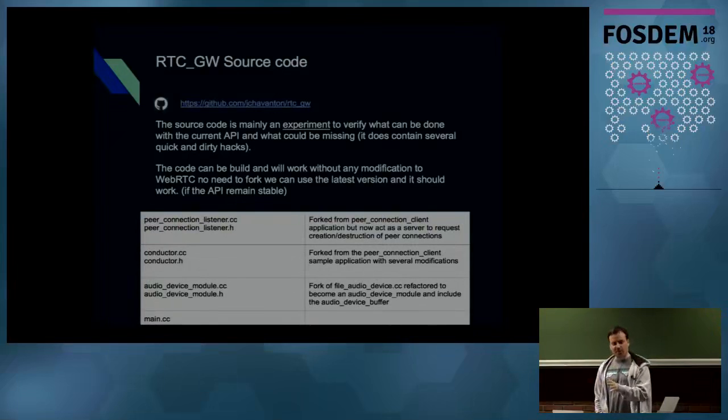the original authors, but it's taken from their sample application, most of it: the peer connection client, the peer connection server and the conductor. In fact, the peer connection server is only a server for signaling. The peer connection client and conductor together drive the peer connection, what you need to do. They implemented everything in these two files.